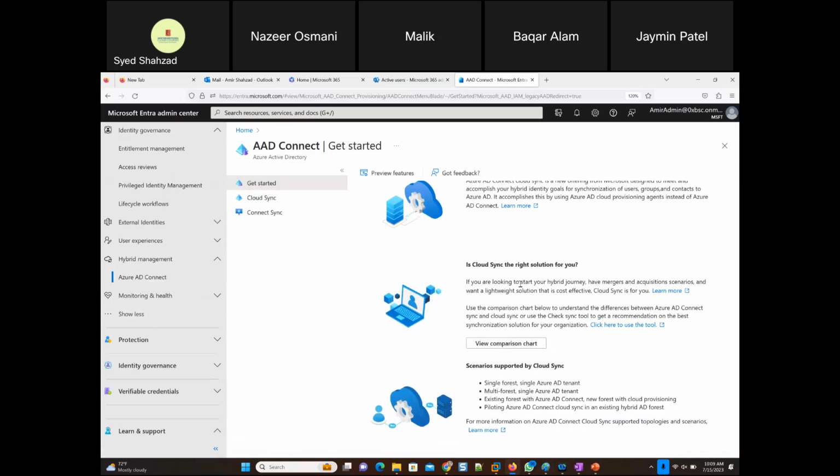Cloud Sync, the right solution for you. Now there are some design scenarios here as well: single forest, single Azure AD tenant; multiple forest, single Azure AD tenant; existing forest with Azure AD Connect; new forest with cloud provisioning; piloting Azure AD Connect. So forest is just